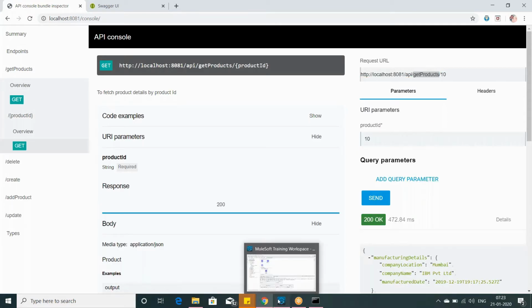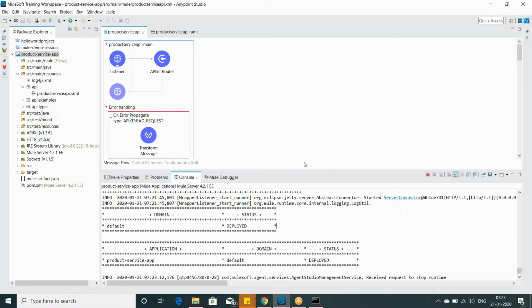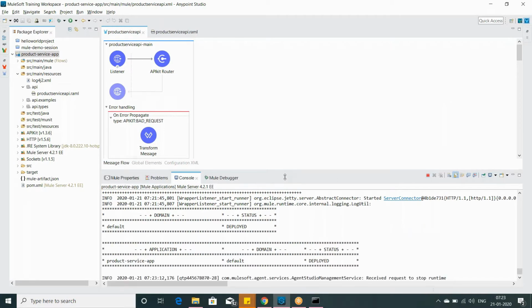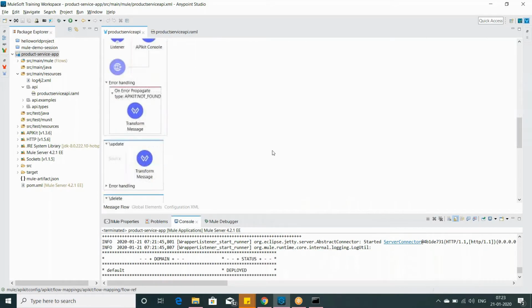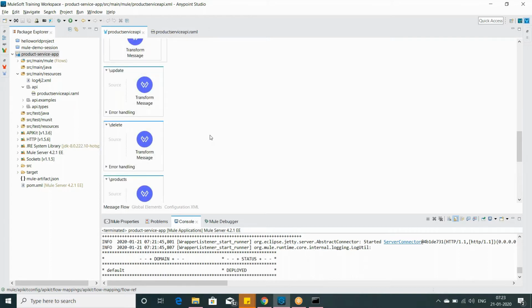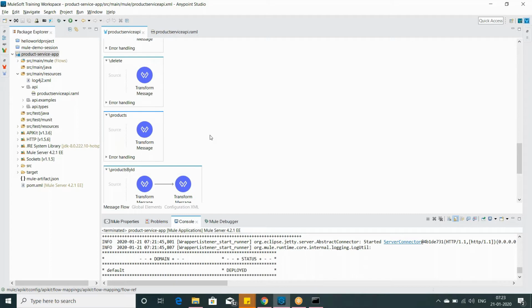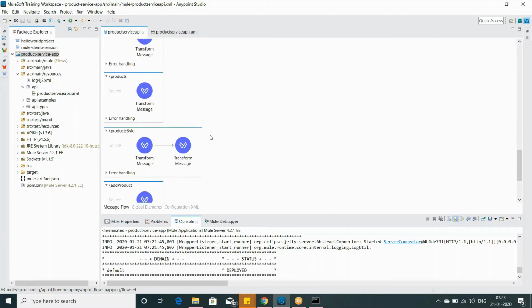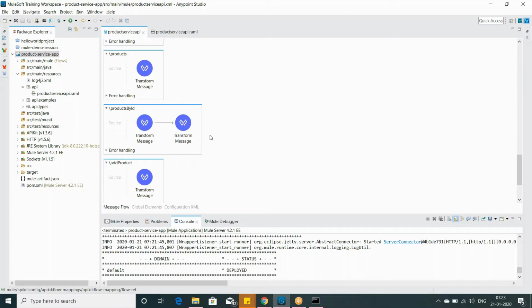Now we will move ahead. So far we have not called any real-time service or real-time product service. For each of these endpoints, we're just returning the mock data, the data we have given in the RAML file. Now we will replace that with the actual implementations and see how we call the external REST service and get the response from the Mule side. So we'll step by step replace the mock data for each of the endpoints,